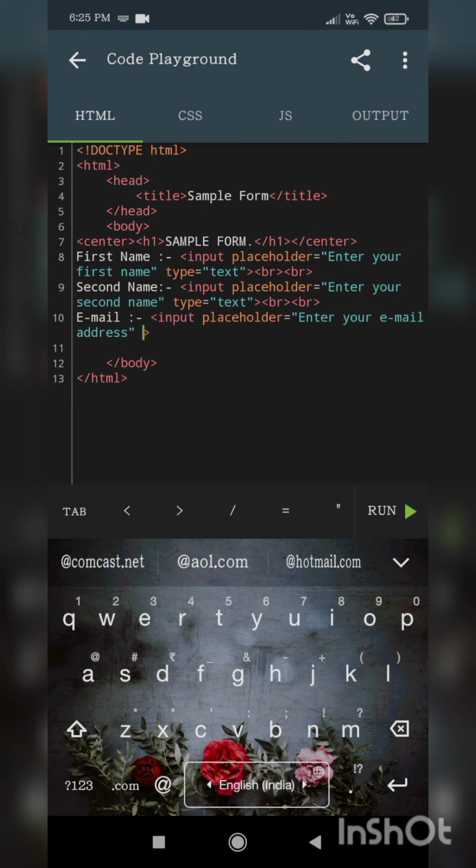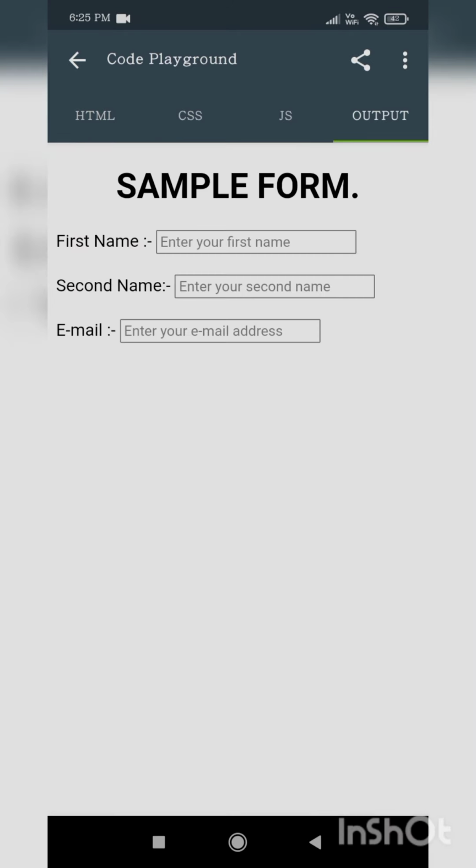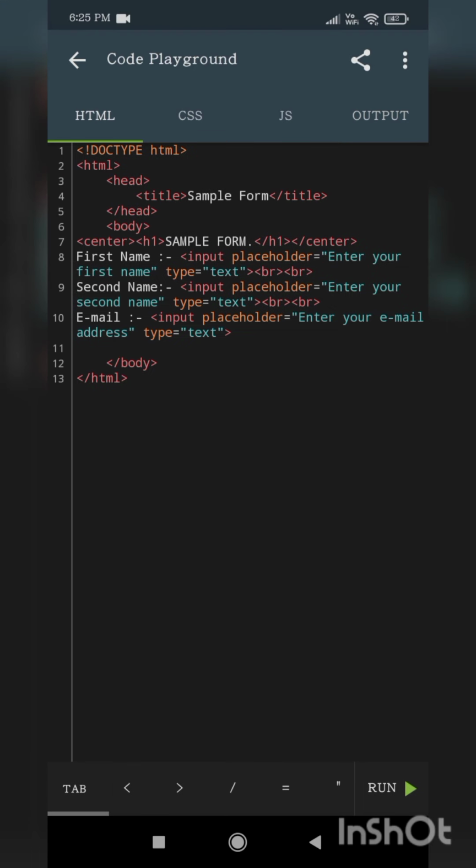Next the type attribute, keep it as text. So you will also get an email address box.